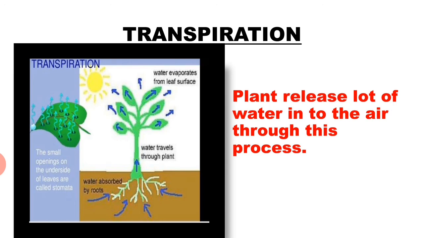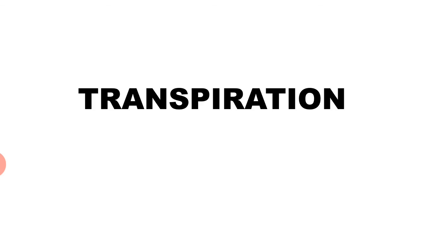Sometimes when you wake up in the morning, you will see some water droplets on the leaf. This is excess water which has been taken by the stem to the leaves. The rest of the water is used for the process of photosynthesis and the excess water is released. This is called transpiration. I will show you the transpiration experiment in the form of a video. You can watch the video and understand what transpiration is. Thank you.